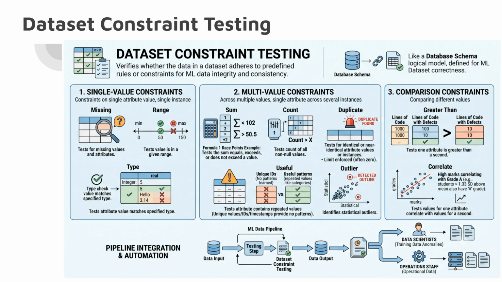For example, missing, tests for missing values and missing attributes. Range, tests that a value is in a given range. Type, tests that an attribute value matches the specified type. For example, that if an attribute is specified as an integer, the provided value is not a string or real number. Alternatively, a constraint can apply across multiple values, typically considering the values for a single attribute across several instances,